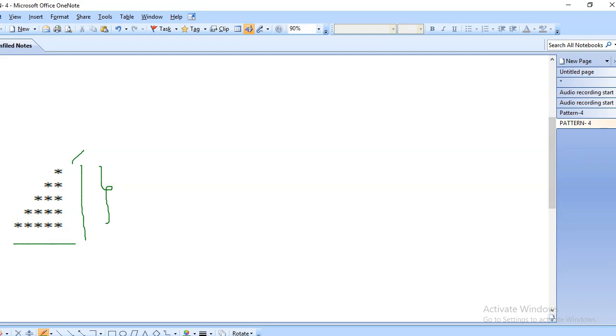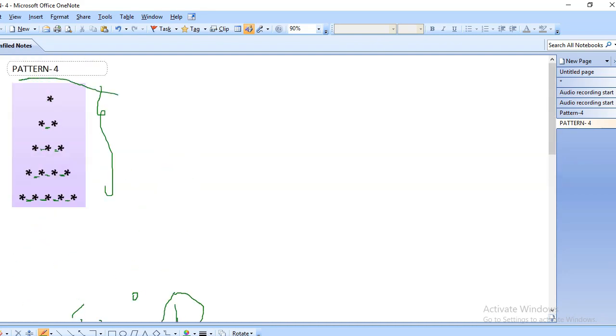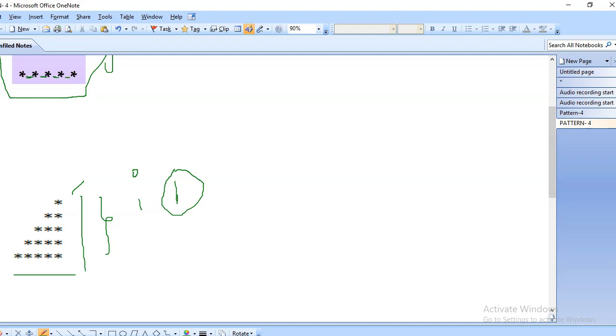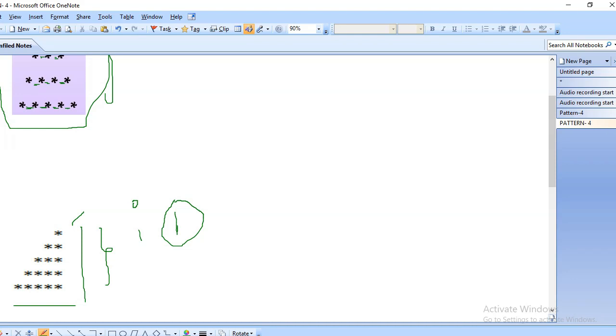In this pattern I made only one change. One change is enough to print this pattern within 5 seconds. Within 5 seconds, or if you understand the code, we can print it within 1 minute or 2 minutes also. So how will the pattern be printed? Okay, so now I am going to the coding part.